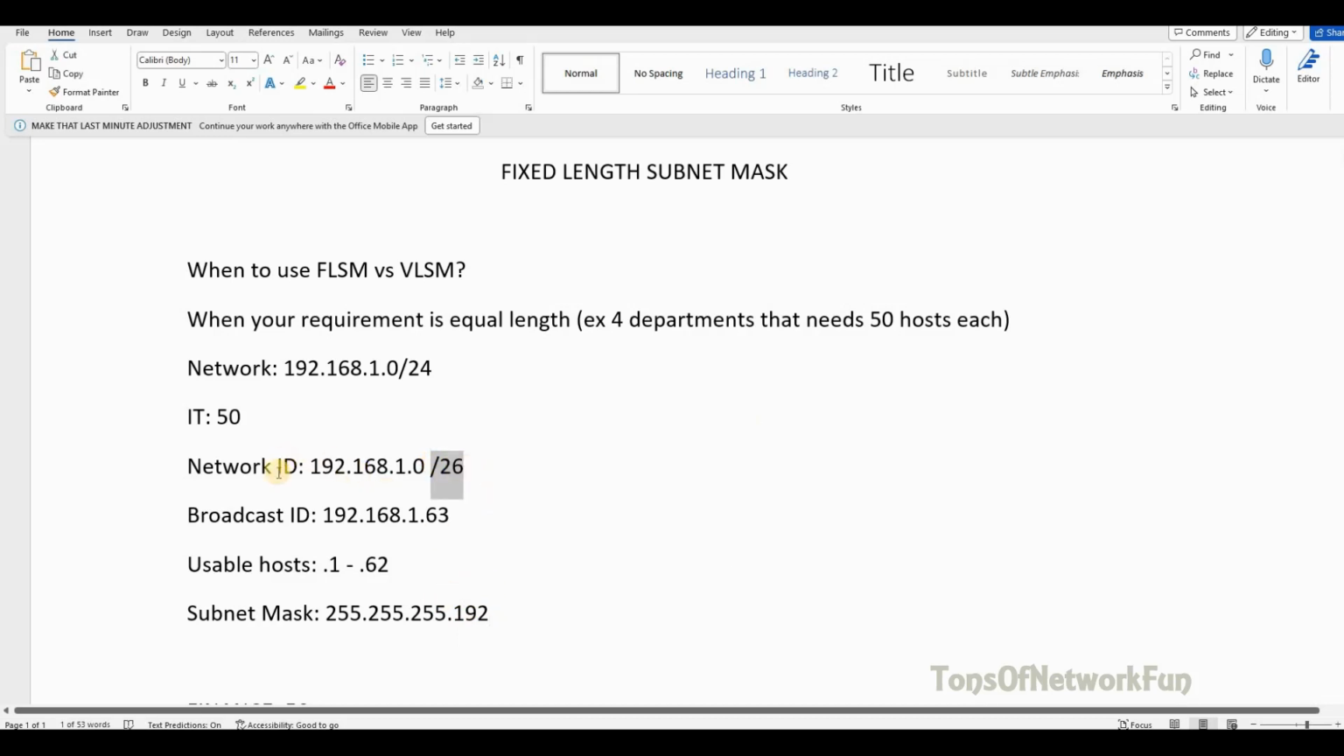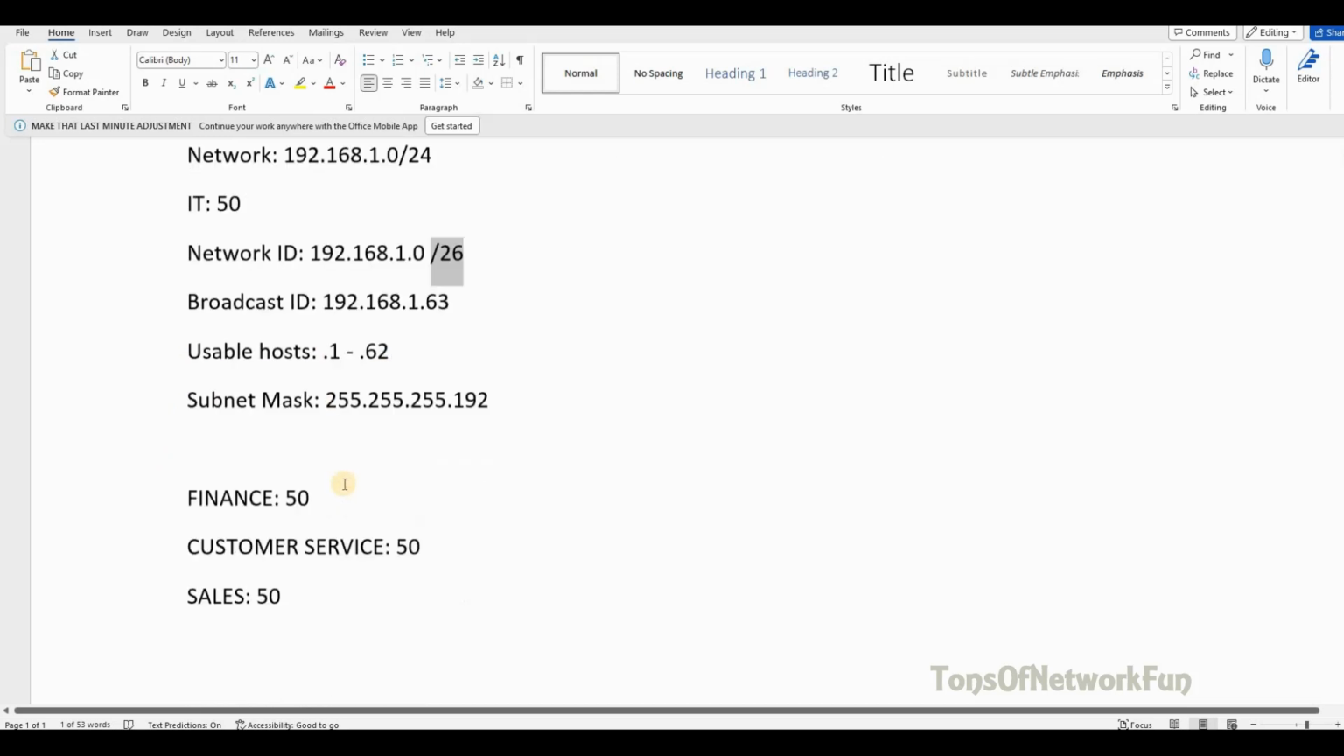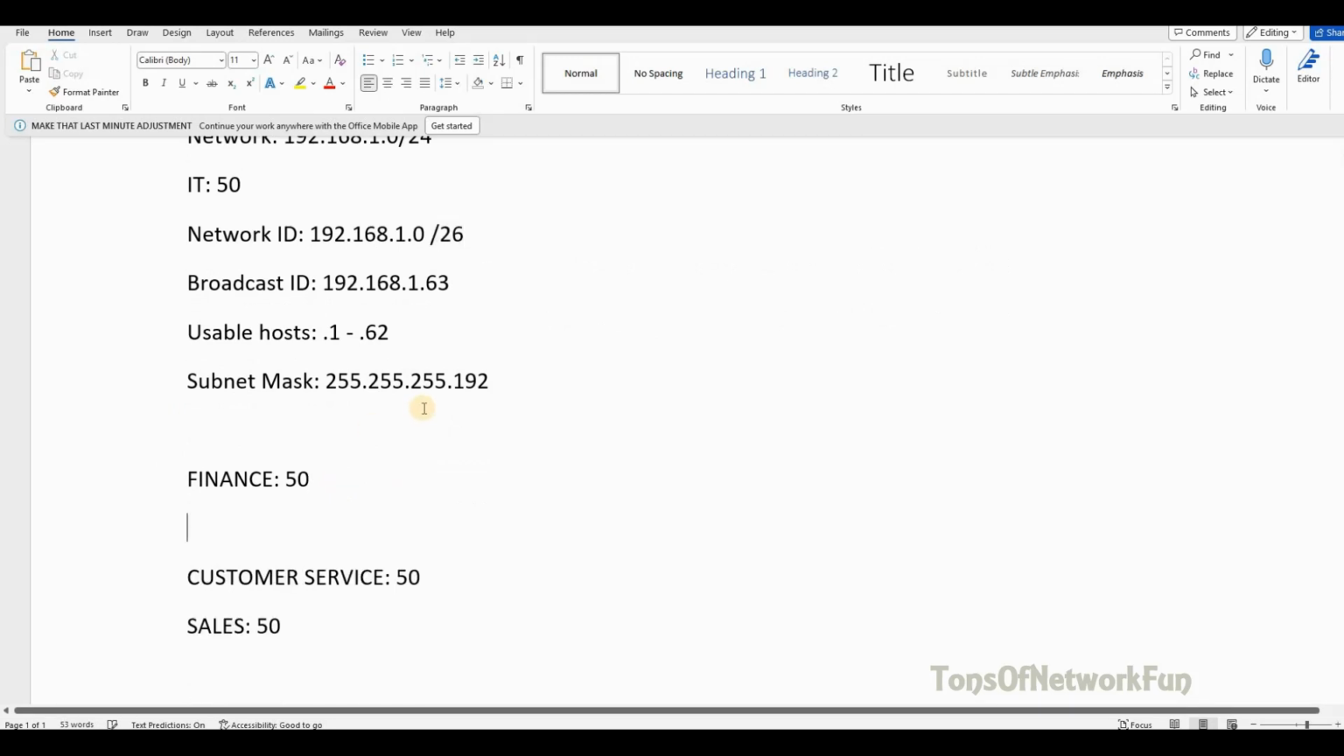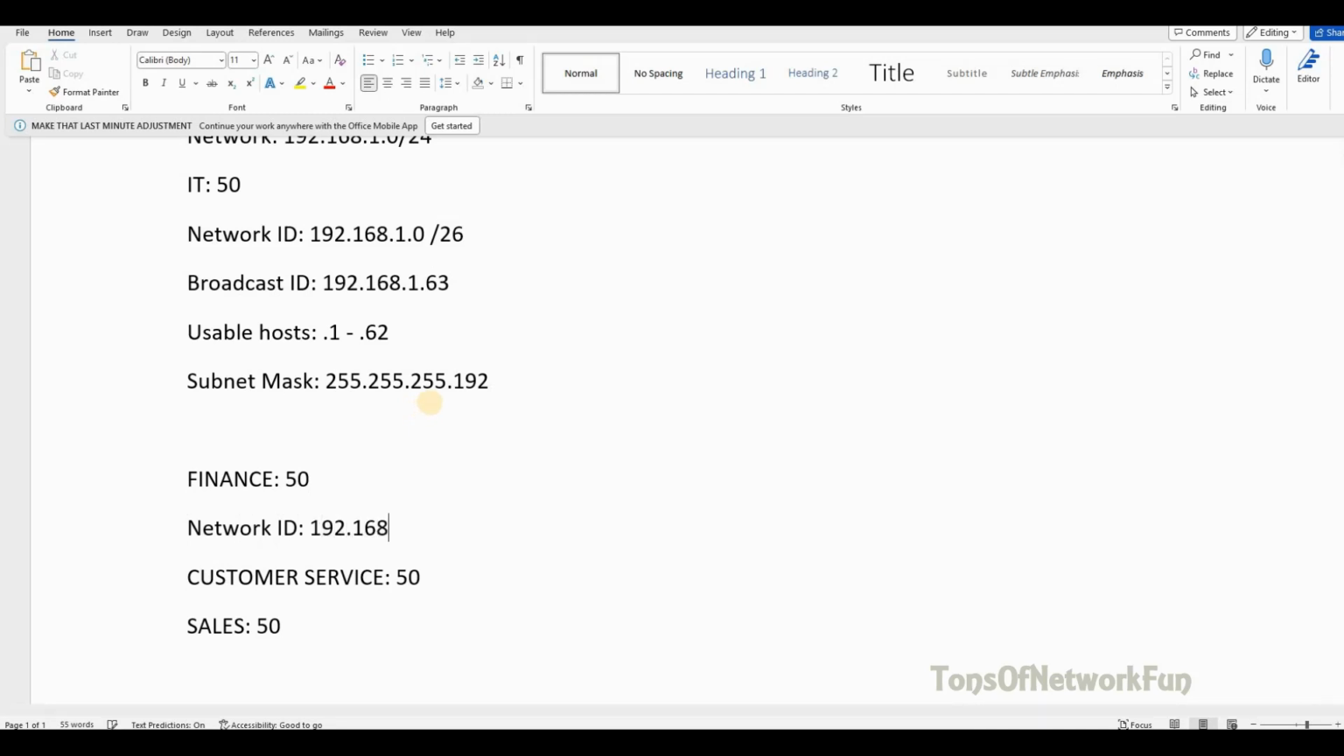So we are ready with the IT department. We have everything. Now we can work on the next one, finance. For finance, the network ID is 192.168.1. We ended at 63, so this will start at 64. The slash value is the same. And the broadcast ID: